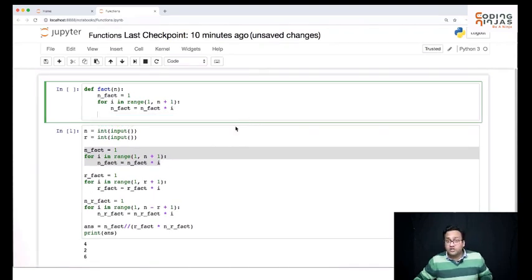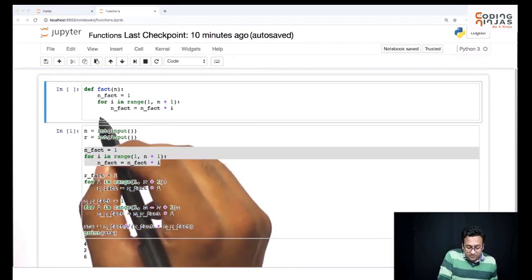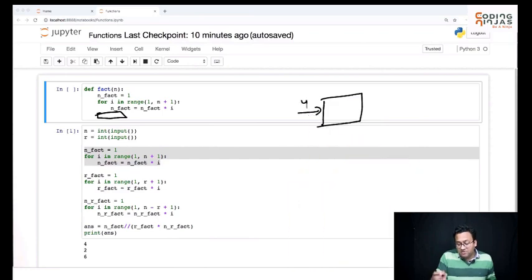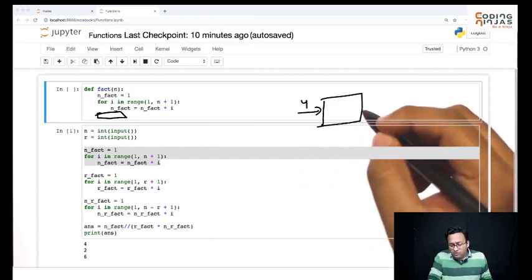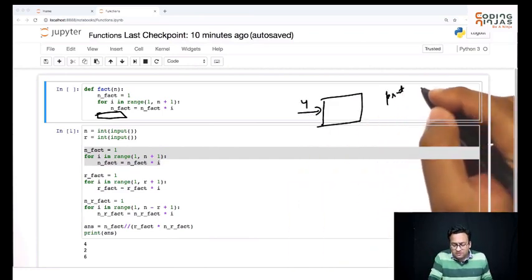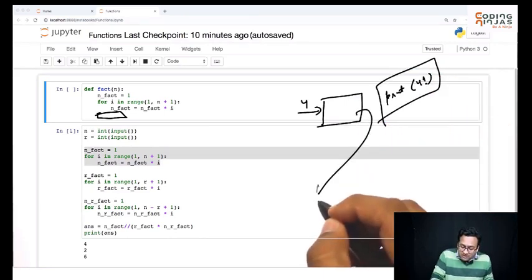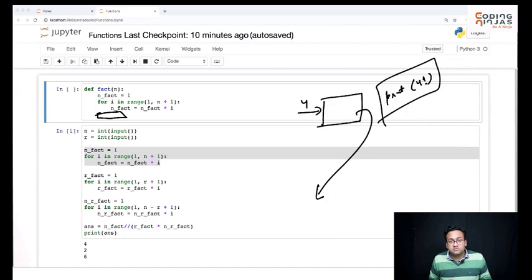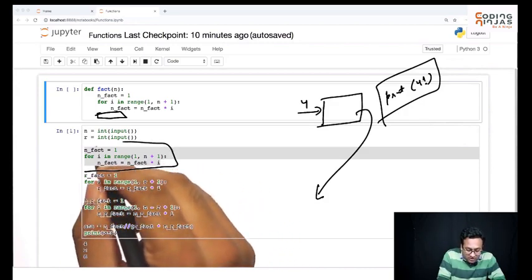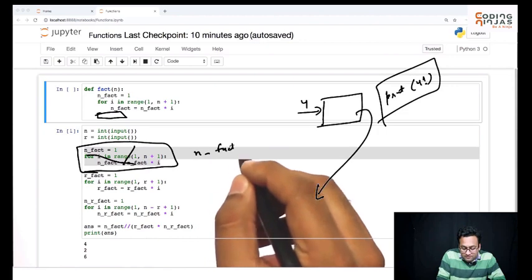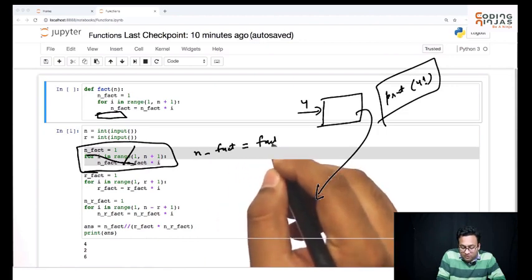And once you have found the answer, then you need to return the output, right? If I'm saying, hey, find me factorial of 4, I don't want this function to print 4 or print factorial of 4. I want this function to tell me the answer. Instead of writing this code, I somehow want to do this: factorial of n.